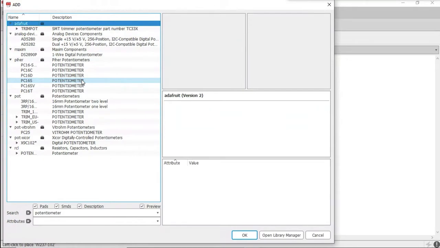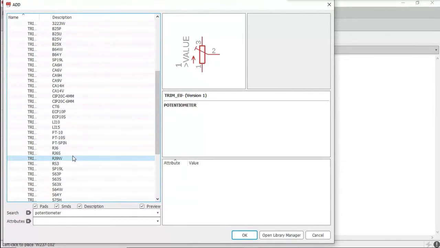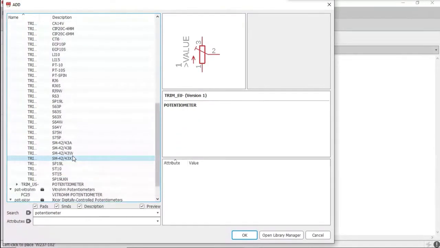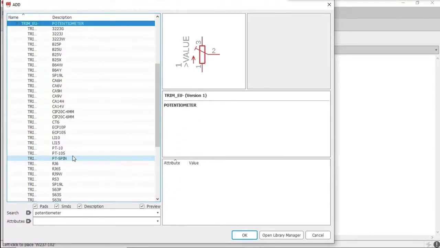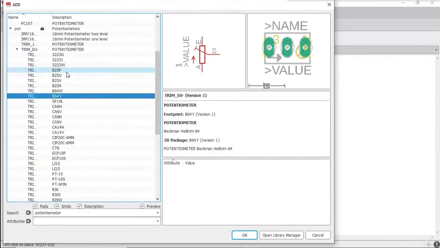You need to select the one in the option called pot. Under this, just click on trim EU. Under this, you need to select the one with trim EU P64.